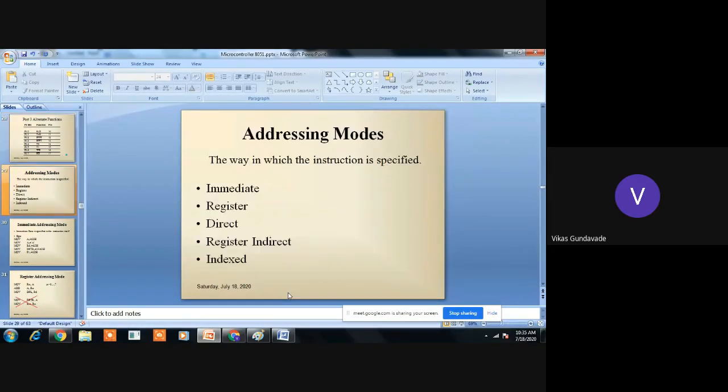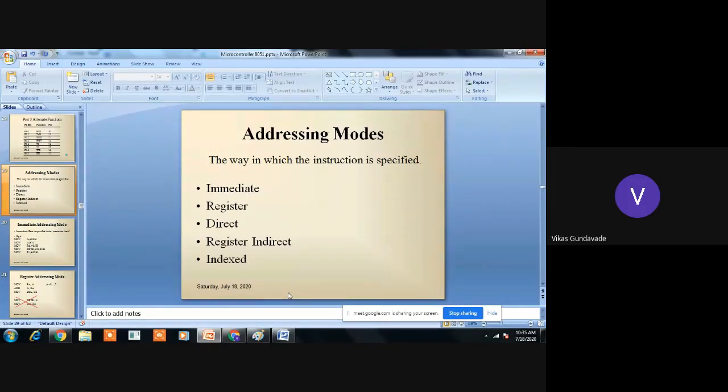Okay, good. So now we have seen the microcontroller has different instructions. The microcontroller has CISC architecture, or complex instruction set architecture. What does it mean? Here, the microcontroller has different instructions for different applications or different processing.